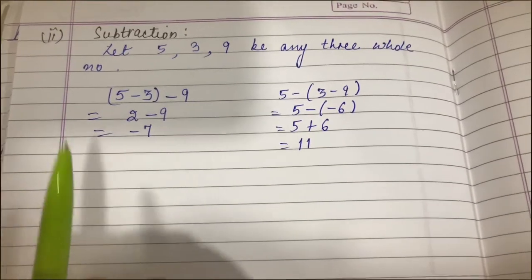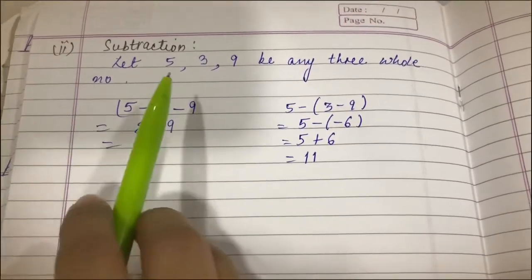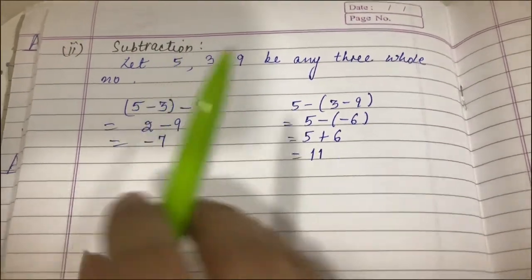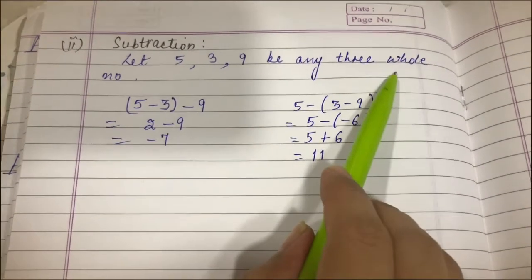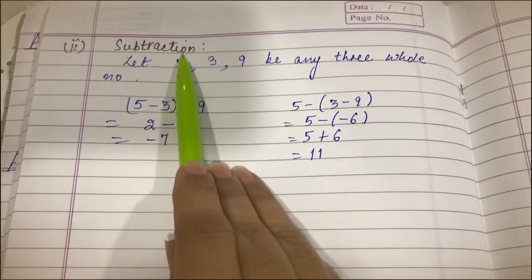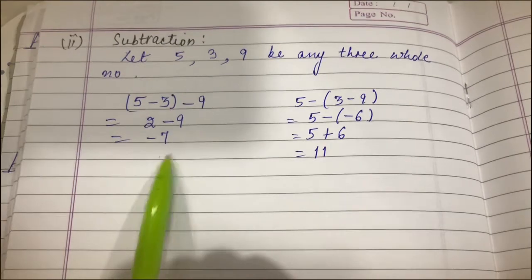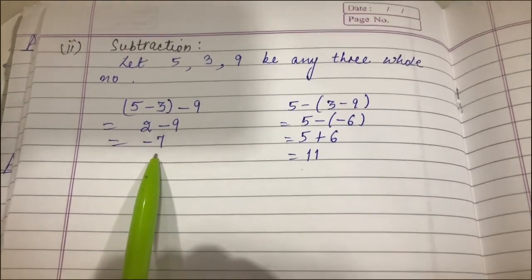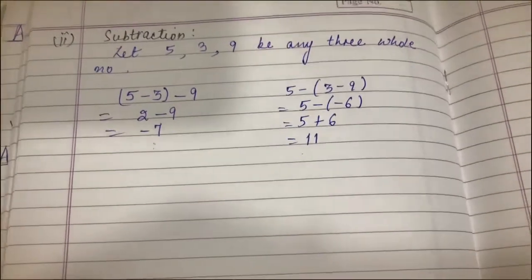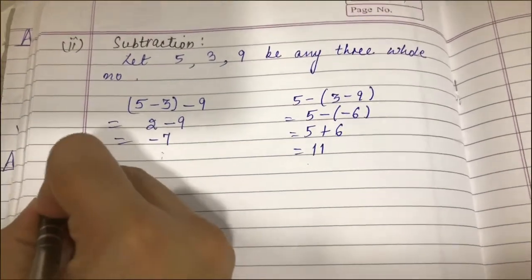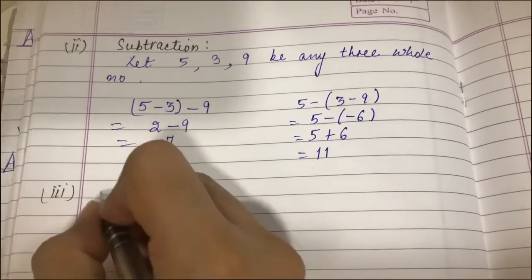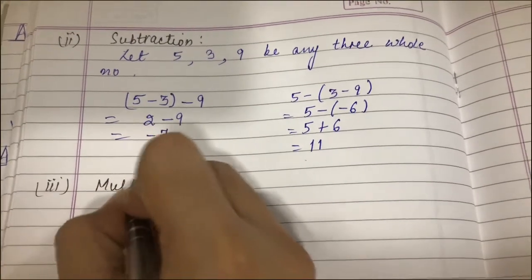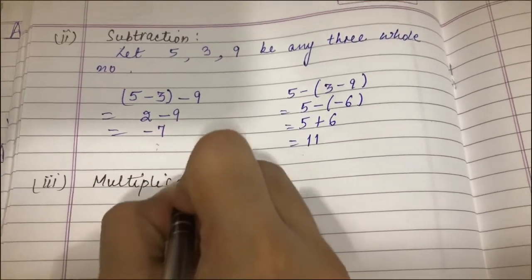Is the thing clear? You can relate this with one more thing. In closure property, for whole numbers, subtraction was not closed. And can you see the reason? We are not getting a whole number, so it's not valid. Let's check the third operation, sorry, the third property. Let's take it as multiplication.